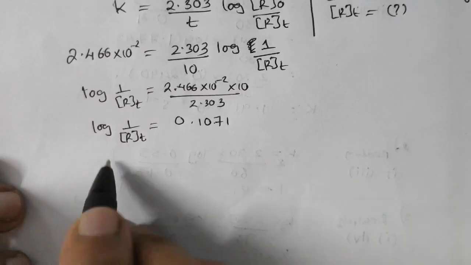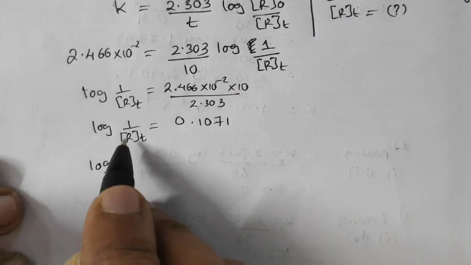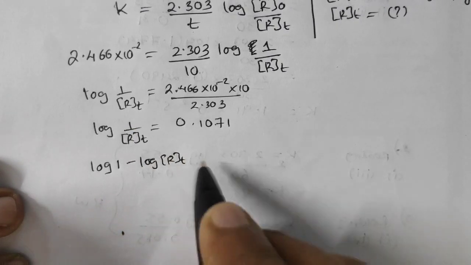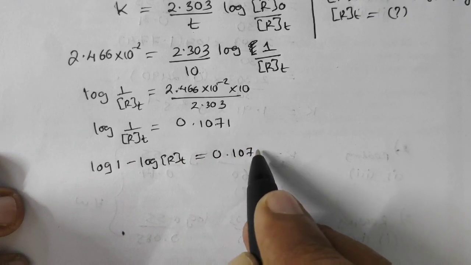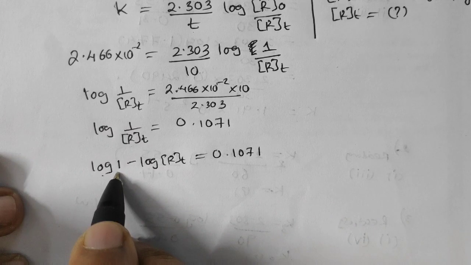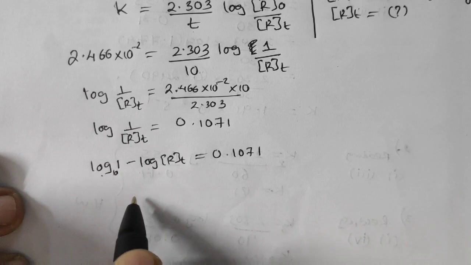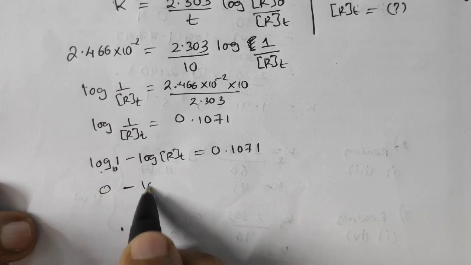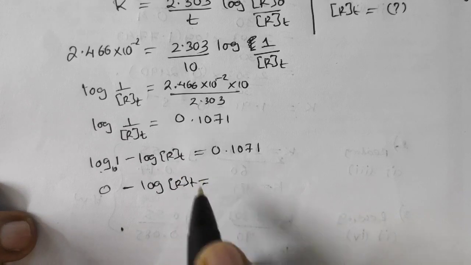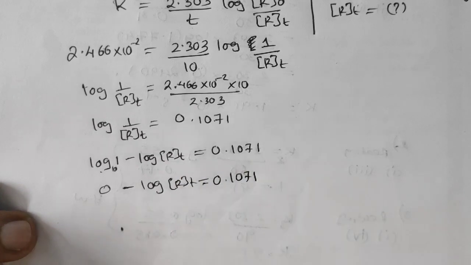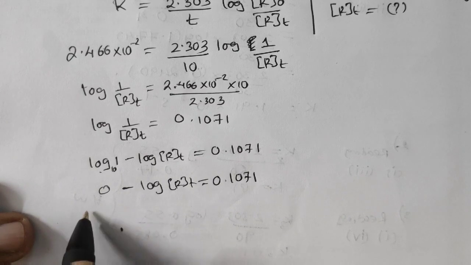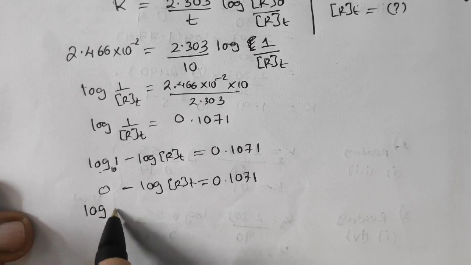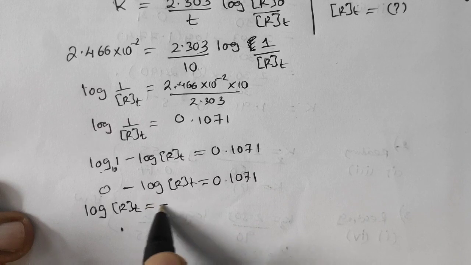0.1071. Okay, so in this case, this is an identity of log: log 1 minus log RT is equal to 0.1071. Now we know log 1 to the base 10 is 0, so this will be 0 minus log RT is equal to 0.1071. This minus sign we take to the other side, or multiply with minus 1 on both sides. What you will get, log RT is equal to minus